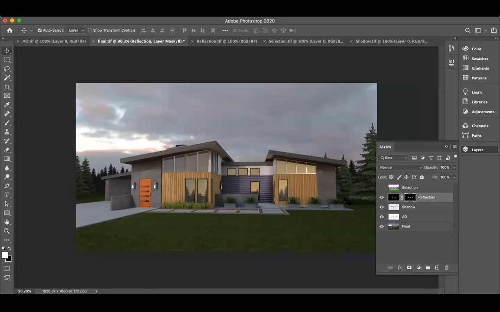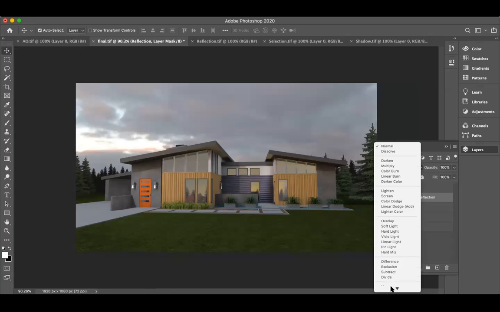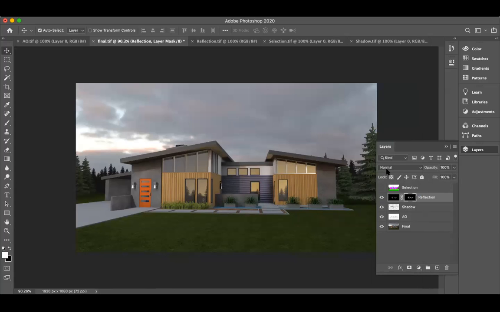Now, if you want to play with the blending modes, then you can. It's your choice, depending on how you are looking at your output. It's up to you. So now I want to work with just Normal. I just need the reflection detail, and I find the reflection is too high, so I want to reduce it to around 40 to 45, or 30 to 45. So now you can see that my reflection is fine here.